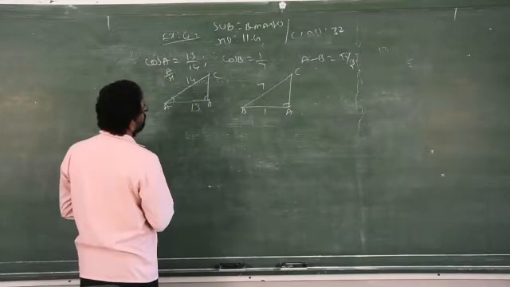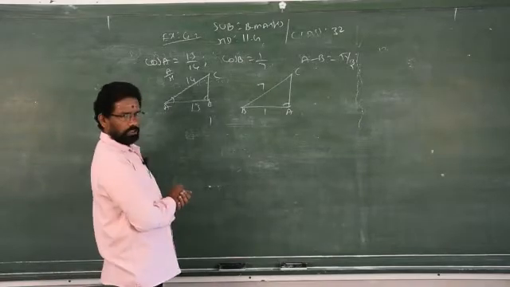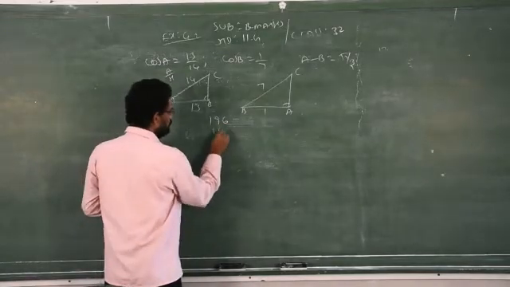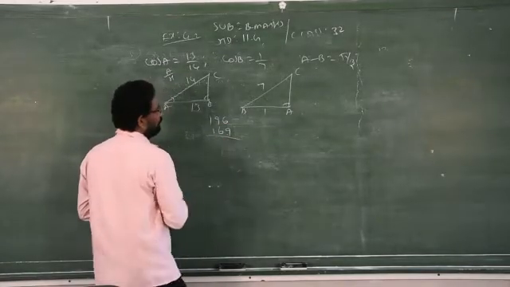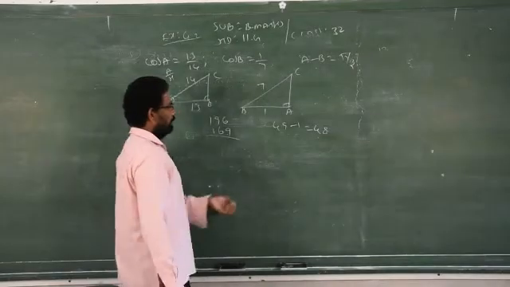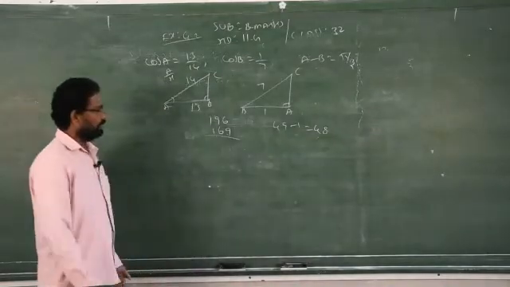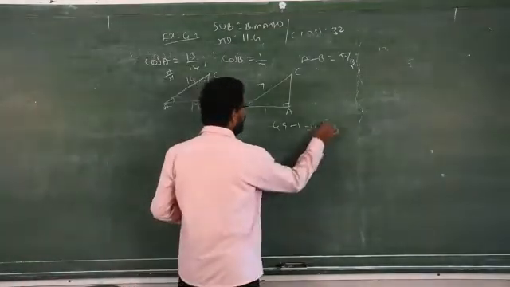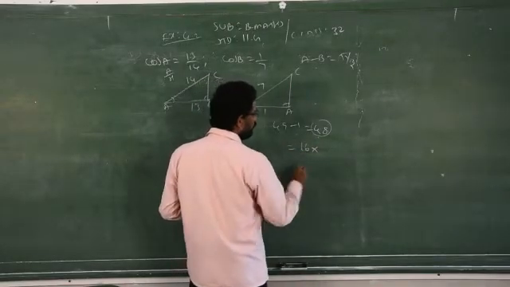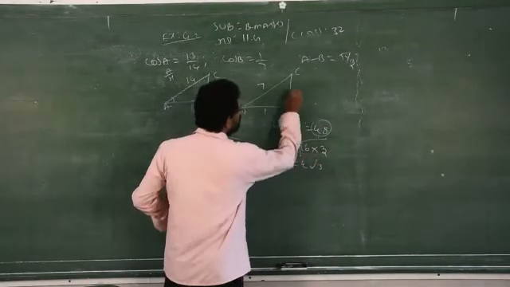So 14 square is how much? 196. 13 square is how much? 169. Subtract. What about here? 49 minus 1 will give you 48. You cannot take the square root for 48, it is not a perfect square number. Therefore, you cannot take straight away the square root, but you can rewrite 48 into a square number times a non-square number, that is 16. 16 3s are how much? 48. So take square root, you get 4 root 3. So this is 4 root 3.